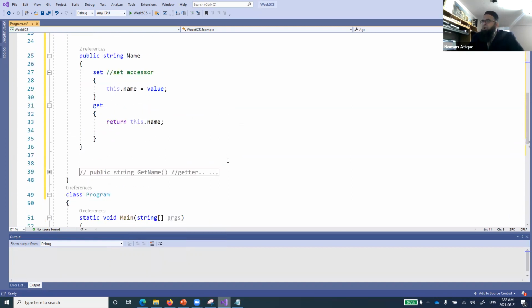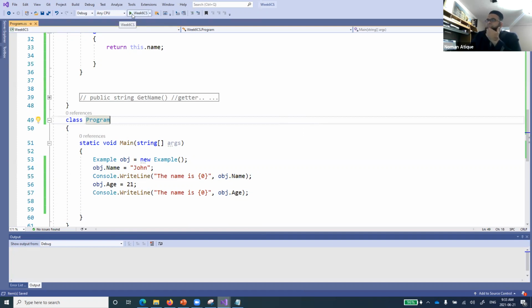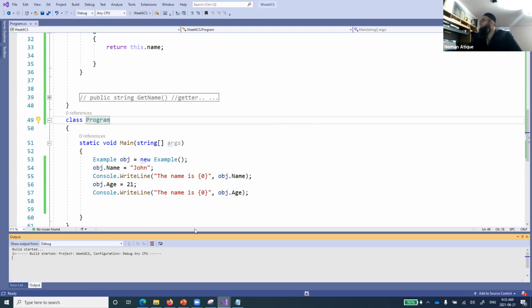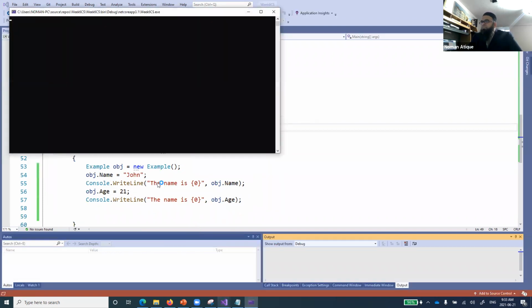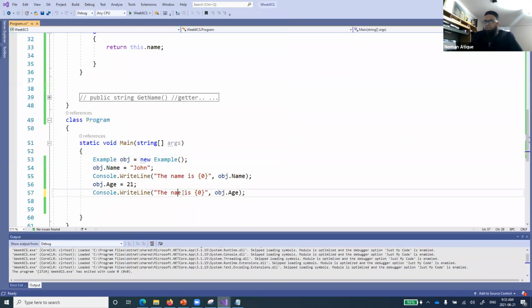And if I want to use this one, here I've used this one typically. Now, if I want to use the other property, obj.age equals 21, for example, I can just copy and paste this one. So you can just print out the obj age over here. You see, both of these will be access to the properties. Name is John, and here it will be age, but anyhow.